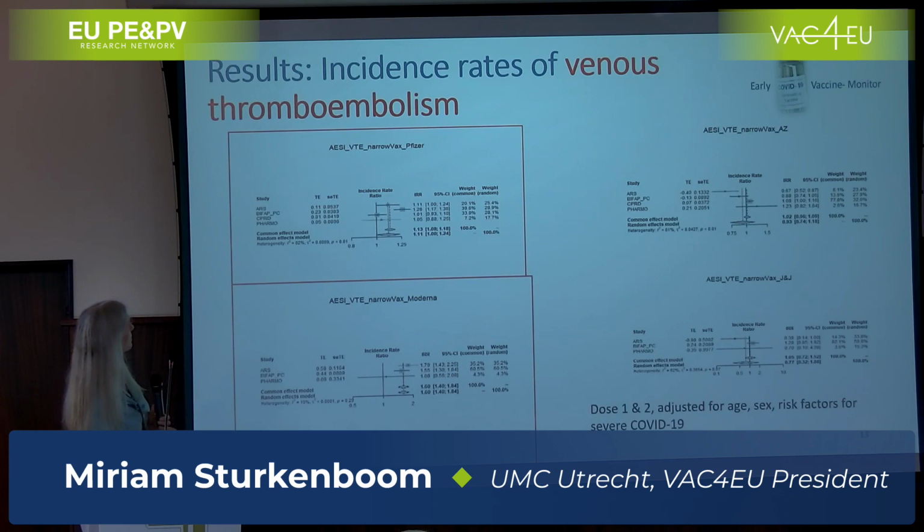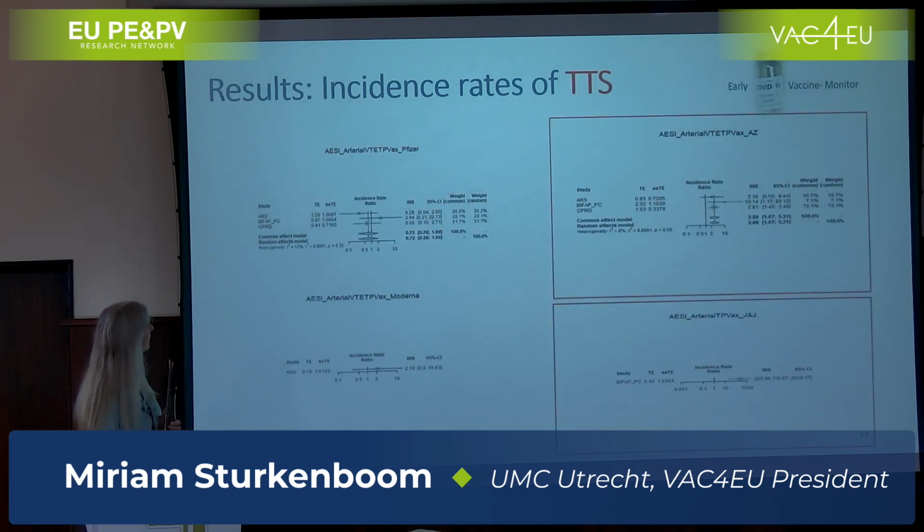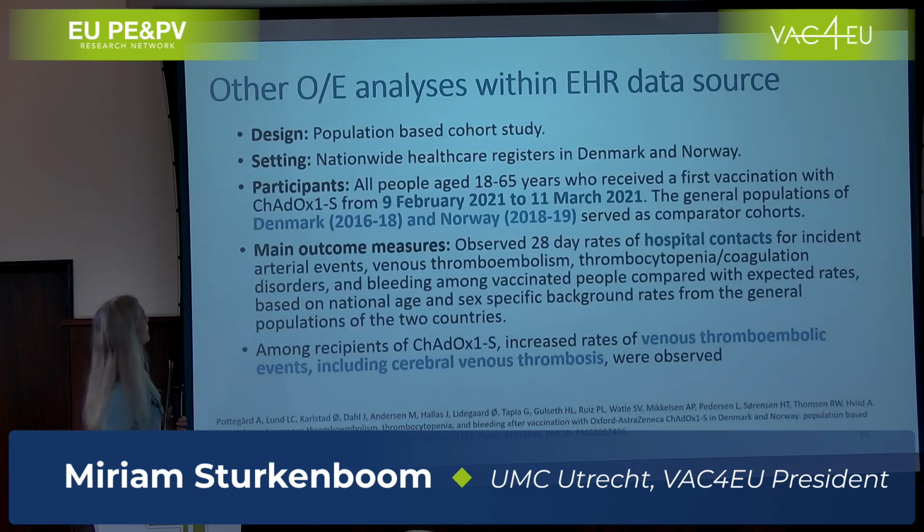Venous thromboembolism, also after Pfizer and Moderna, and we didn't see it at that moment for the AstraZeneca, but it was associated. And then TTS, the proxy case definition that was utilized, having any arterial or venous thromboembolism together with thrombocytopenia within 10 days. And what you see here is the significant association that was picked up for AZ and also J&J. So the study design was able to pick up those signals that we are now all aware of.